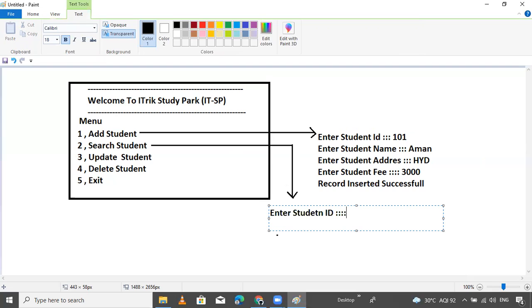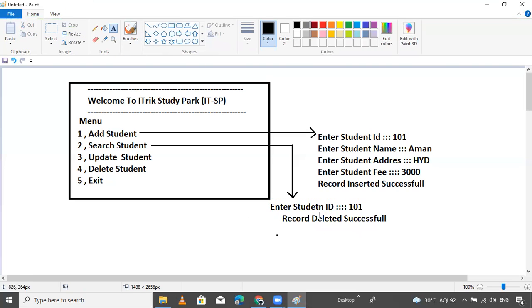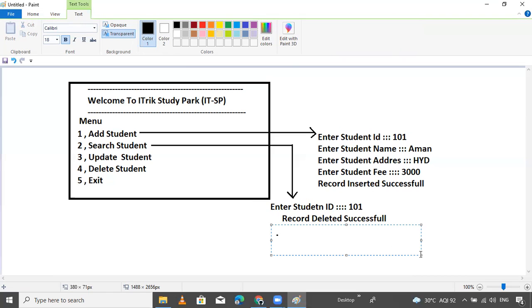Suppose you press 101. If the data exists, it means data is already inserted, so the data we inserted, it gives a message, record deleted successful. If the record does not exist, then it simply gives record not found.